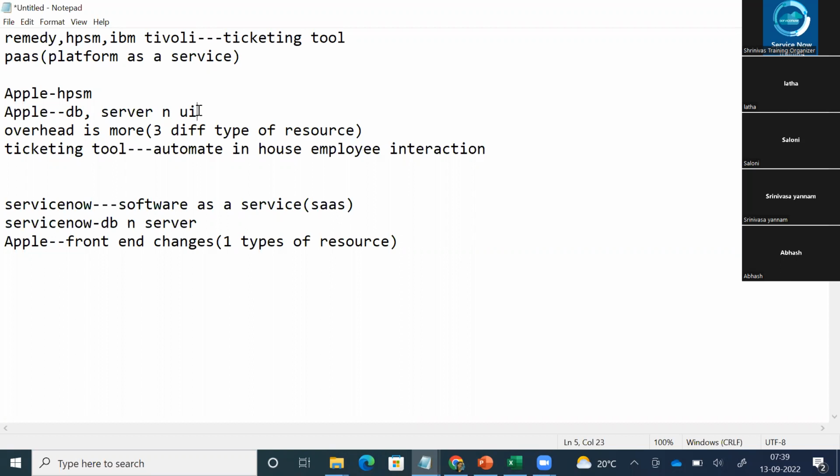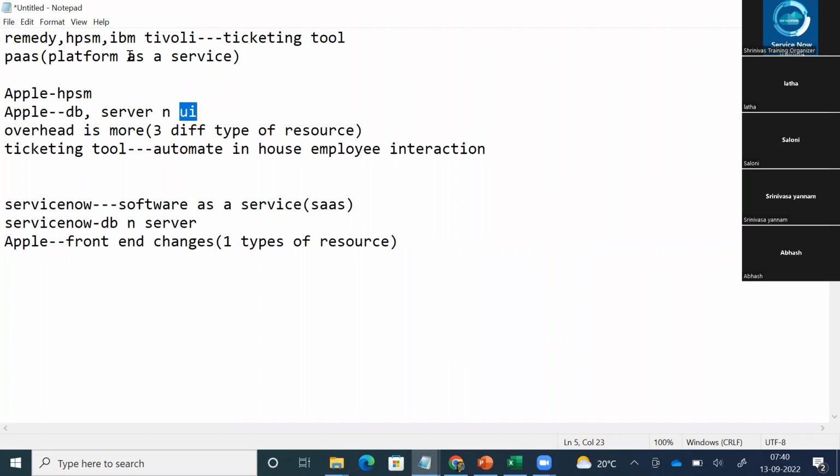I'm not going into what these terms specifically mean, but any tool has 3 aspects. The backend part has 2 aspects, server plus the database, and the front end is always the user interface. What I'm trying to highlight is that the customer company purchasing the tool has to maintain the overall tool when purchasing it as a platform as a service. Okay, got it. Thank you.